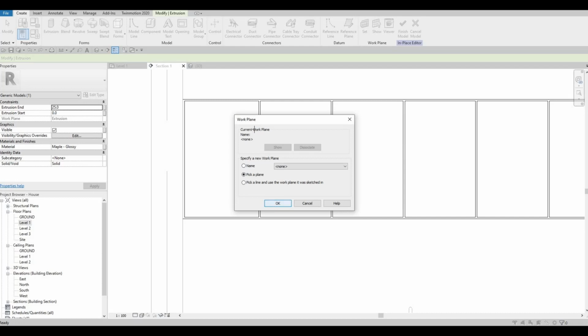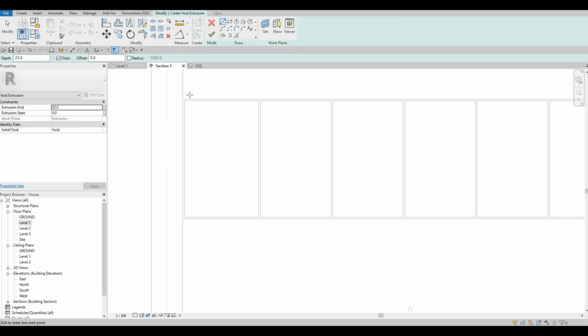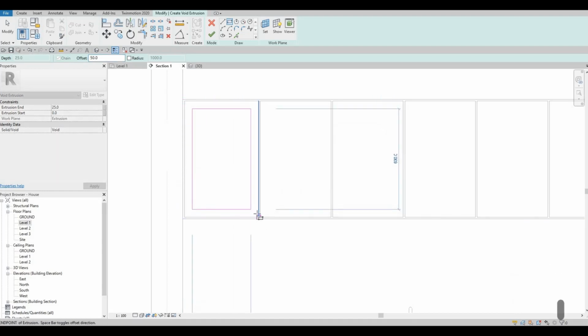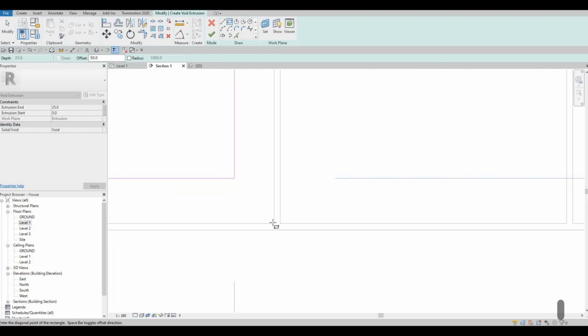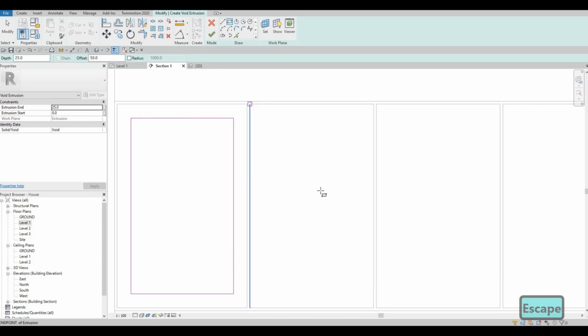And then we're going to pick the plane and we're going to select this plane right here. And then from here, we can add in a rectangle. And then from here, we're going to create an offset. So we're going to offset this probably around 100 or 50. Let's do 50 for now and see how it looks. And then from 50, I think this is the best look that we have. So from corner to corner, we're going to add that